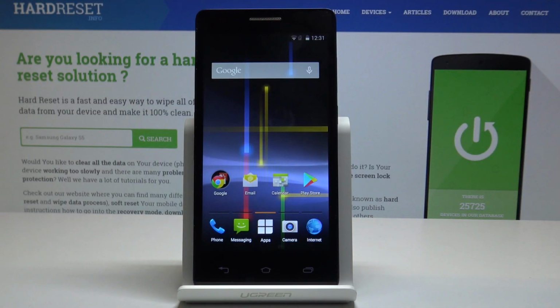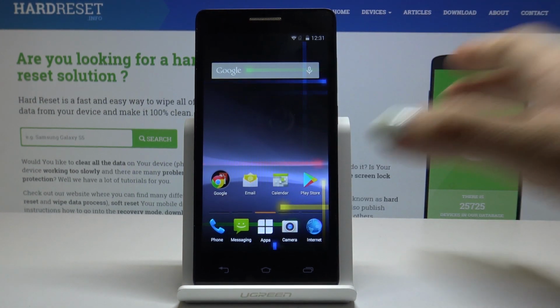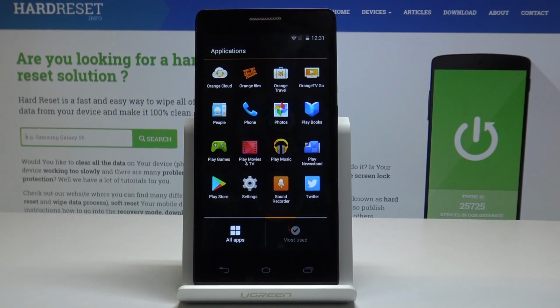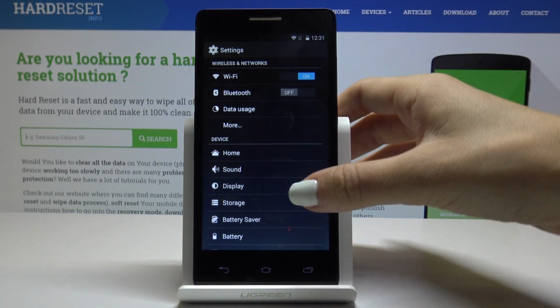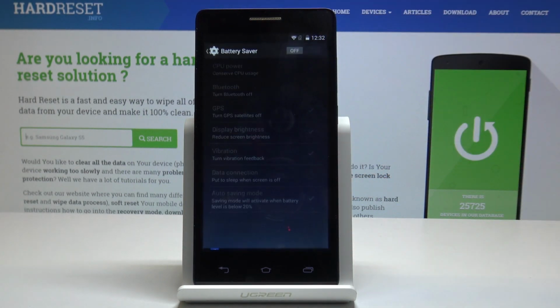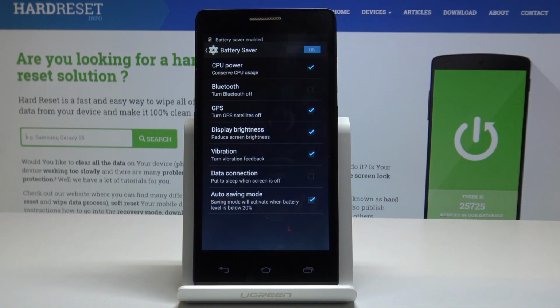Here I've got Orange Fova, and let me show you how to enable power saving mode on the following device. So at the very beginning you have to open the list of all applications, then find and select settings. Here you should scroll down and click on battery saver. And now you can simply enable it by tapping on this switcher, so click on, and just now it has